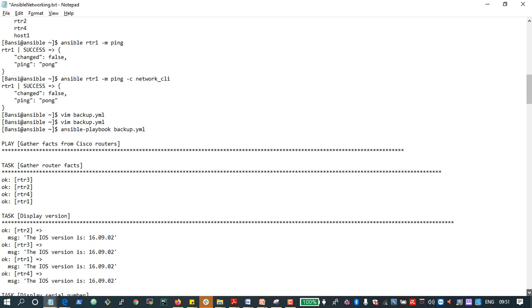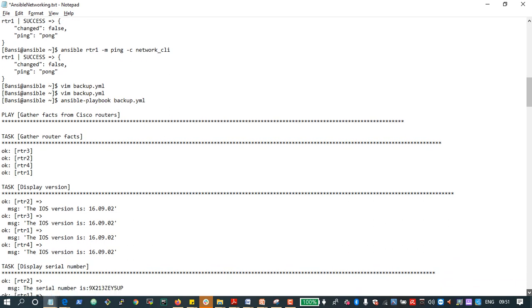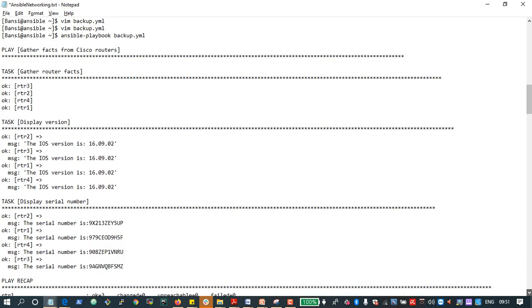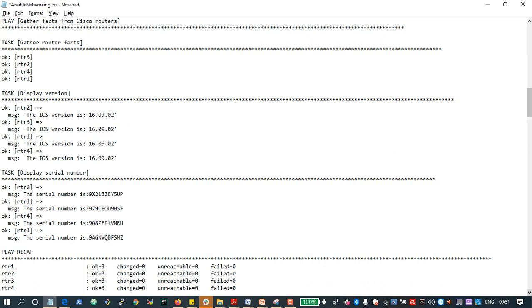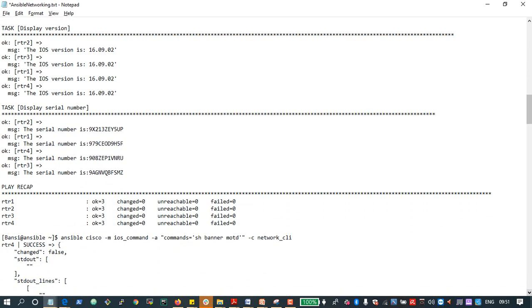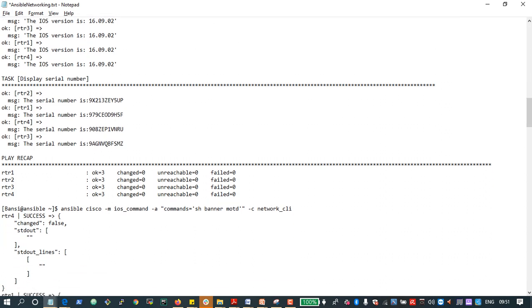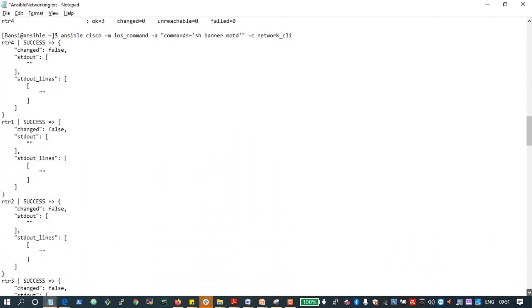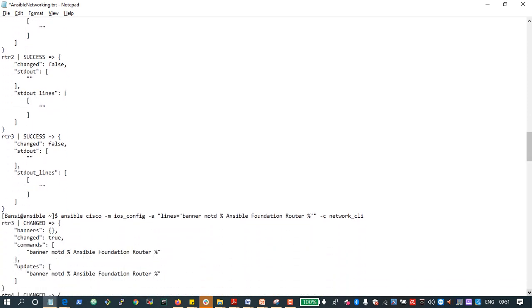So this is giving the versions. Once this is done, the serial number and all these things are given, and you can see it has shown changed. It means it has already run successfully. There is one command, ios_command, for Cisco, so you can check for this MOTD. You can see all those things have been run.